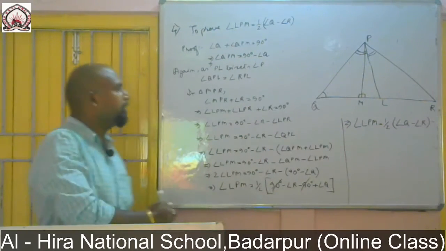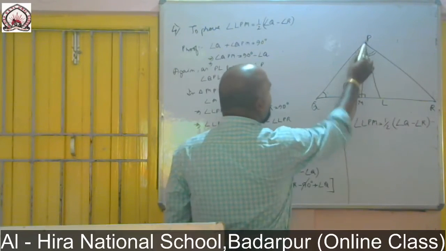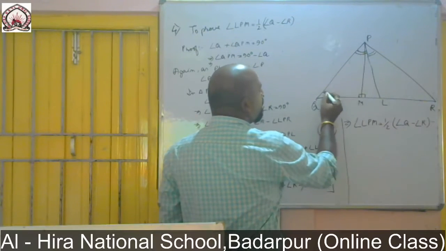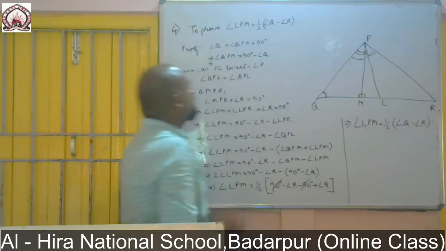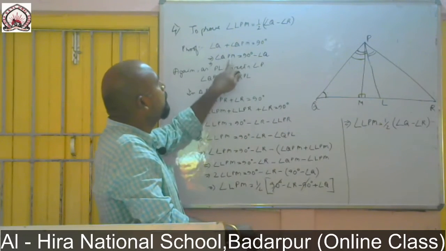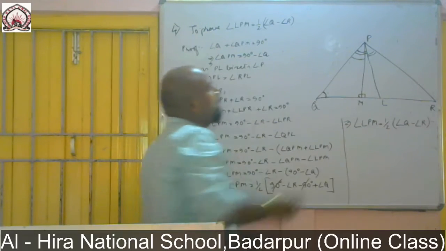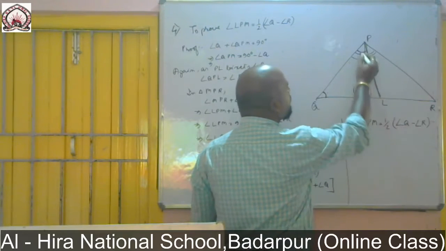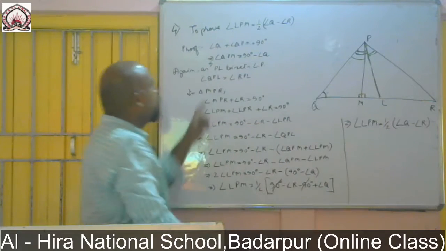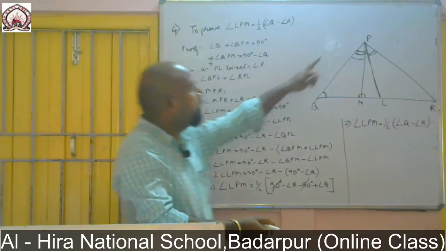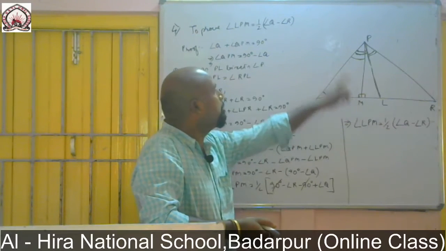Now, what we have taken here, first of all, see in the triangle QMP. Okay. Now, this angle is equal to 90, so this angle plus this angle is equal to 90 degree. Okay. Then angle QPM equal to 90 degree minus angle Q. Now, PL, this line bisects the angle P, so this angle equal to this angle. Okay. Now, what you can write, QPL is equal to angle RPL.